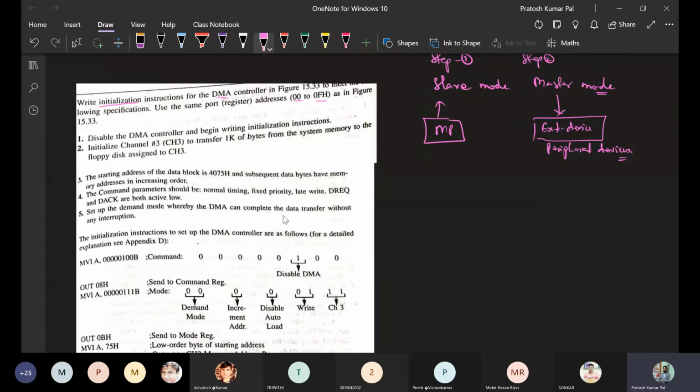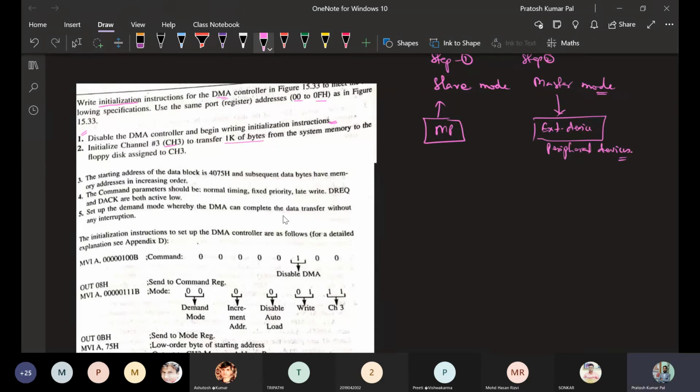The first instruction is to disable the DMA controller and begin writing the initialization instructions. The next one is to initialize channel 3 and transfer 1 kilobyte of data.